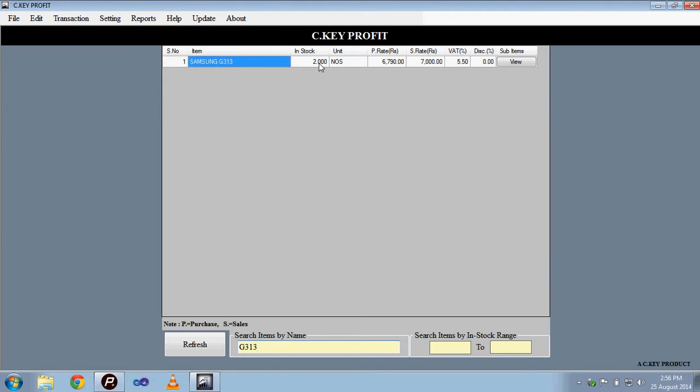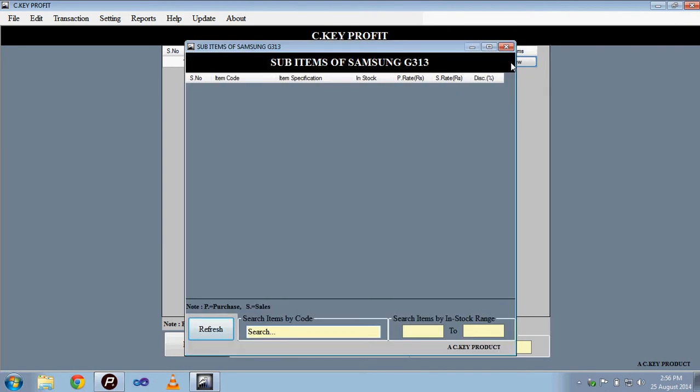So in stock is two numbers: purchase rate, sales rate, and what percent and discount percent are the attributes of that item. And if you want to see the sub items, if suppose there are sub items for Samsung G313, can click on view button for sub items, and there are no items available, no sub items. Okay,